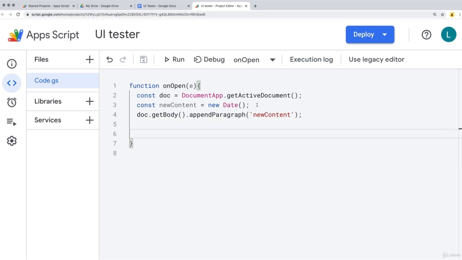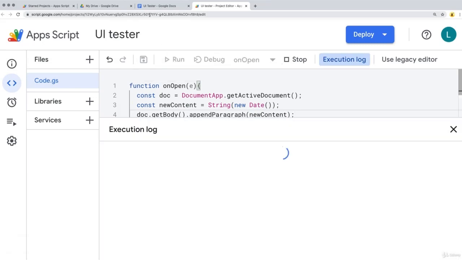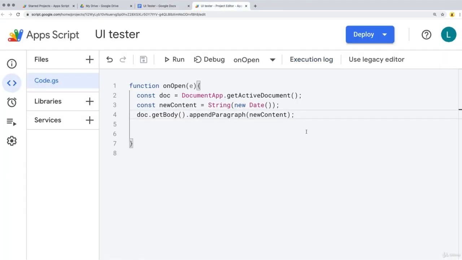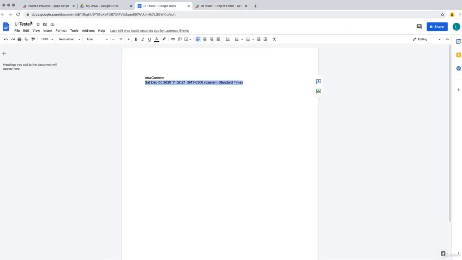So we need to turn the date object into a string. We can do that by wrapping it with the string method and forcing this to return back as a string value. That way we can post it into the append paragraph. So now let's try it one more time. And we execute properly, and we do get the time and date object written as a string when we open the document. So let's try it in real time, where we're going to refresh the doc